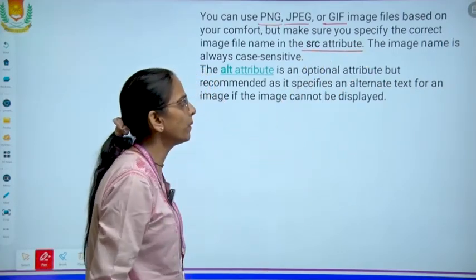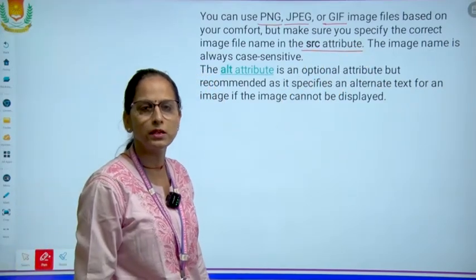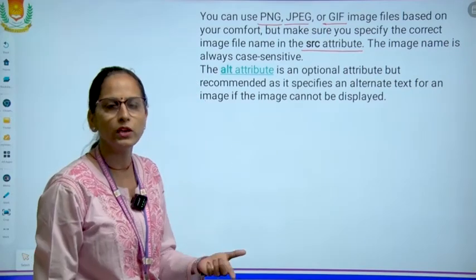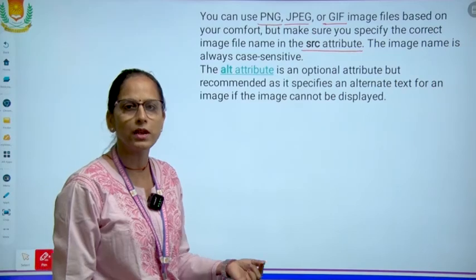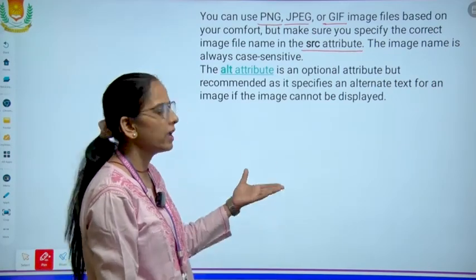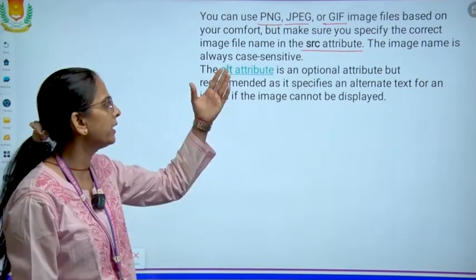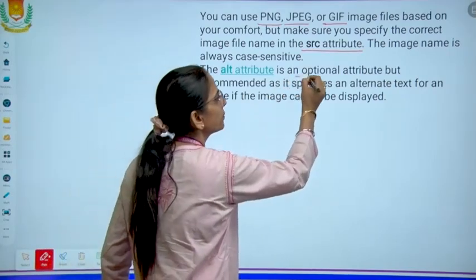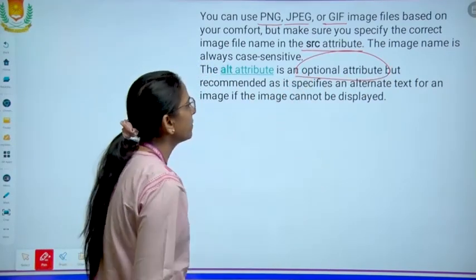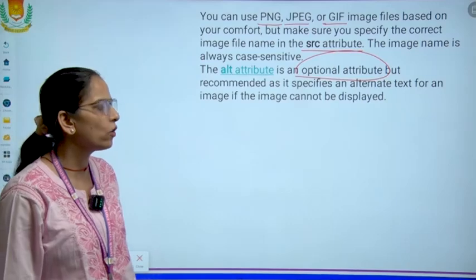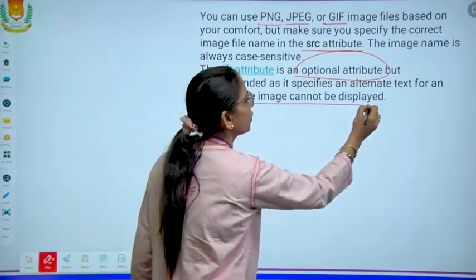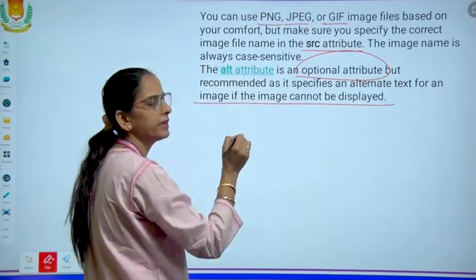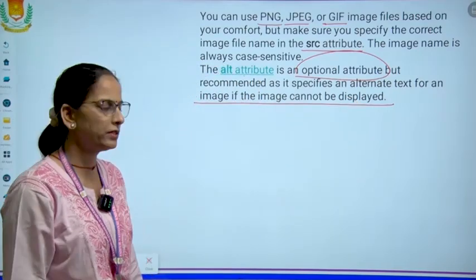The SRC attribute plays a very important role in this tag, because if the location is not written correctly, with these slashes and the correct name, the image will not be displayed. In that case we have an optional but recommended attribute, which specifies an alternate text for the image. If the image cannot be displayed, then the alternate text will be displayed there.